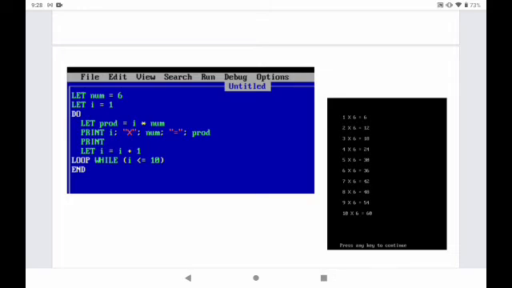Then come to the last line, that is loop while. At this area, currently it is I less than or equal to 10, right? So you have to change it to I less than or equal to 200. So these are some clues which you have to make use of whenever you are processing this particular program.